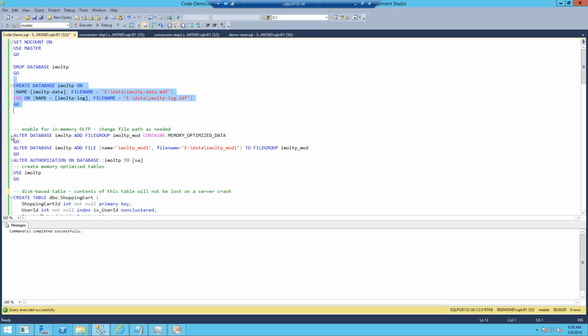This is one piece of new syntax. I said that there was a set of sequential files that keeps the checkpoint file pairs where we persist the data. So we now have a file group type that contains memory optimized data. It's managed much like a file stream file group. It is a special purpose file group, though, that only contains these checkpoint file pairs. So we're going to add that file group,